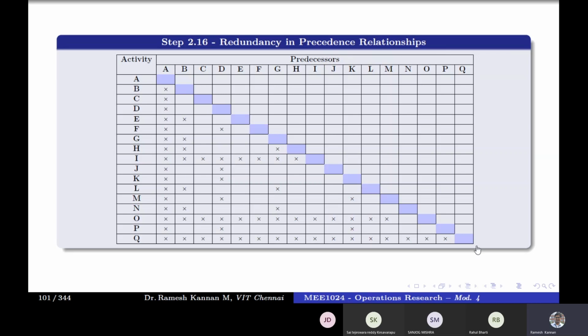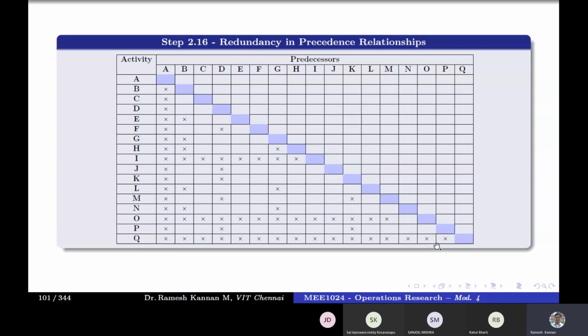In this, the lower triangle, this is called the lower triangle. Come to the last row, the right hand corner of this particular row. This entire thing is considered to be a lower triangle. Come to the last row, which is Q, and the extreme corner. For example, if Q doesn't depend on O, then N will become the lower right hand corner. It doesn't mean that you consider the empty cell. Only the filled cell with the X mark, and come to the lower right hand corner.